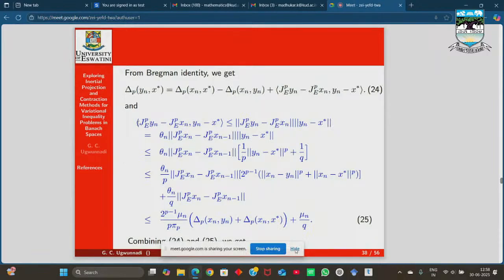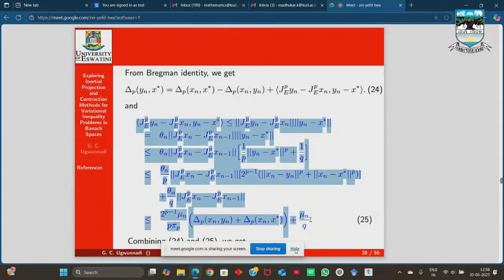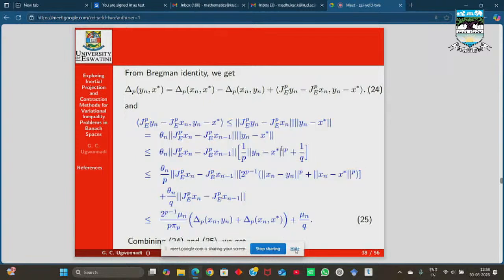So that is what helps us to play around with the inertial point, which is where we apply the Young inequality. Here, we try to see how we work on this yn plus x star. We see that it's only using the Young inequality. We know this is a real number and it's multiplied with 1. So there is 1 here. Using the Young inequality, we now try to transform this to be in a norm. With this, I know this is multiplying it, and this is a relation of the inertial